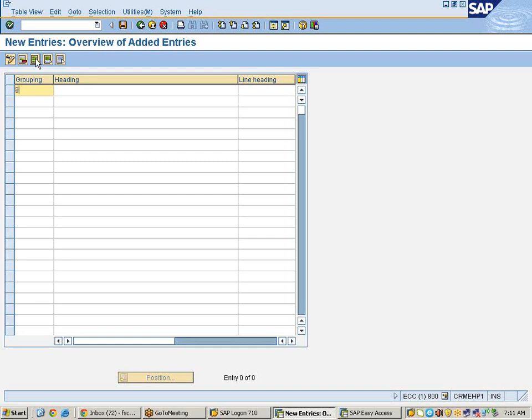Let us say bank related items. I want to update with other group also.